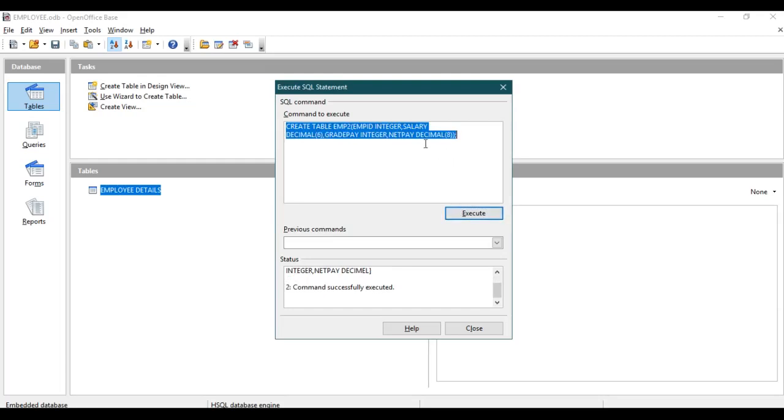Be conscious while typing the spelling of the data types. Okay, so now my query has been executed successfully, then close the button.